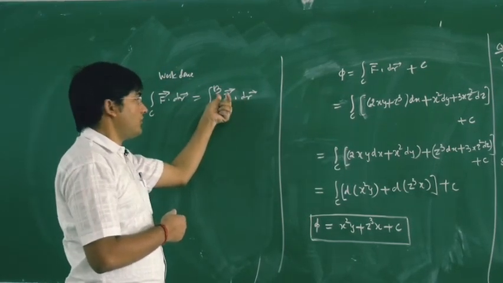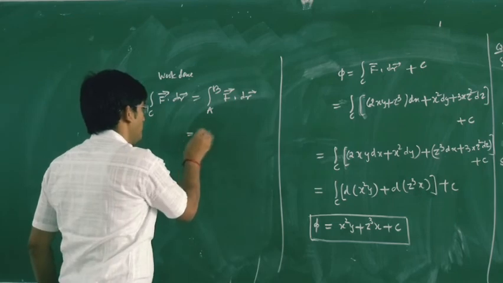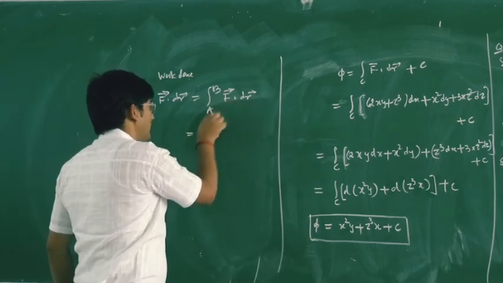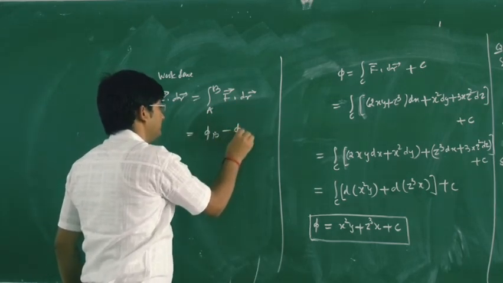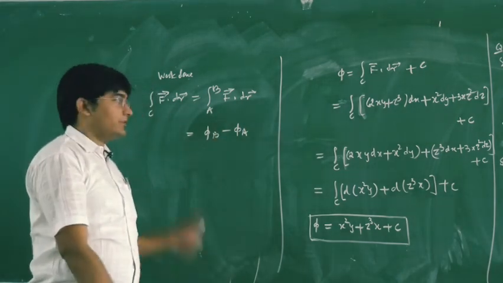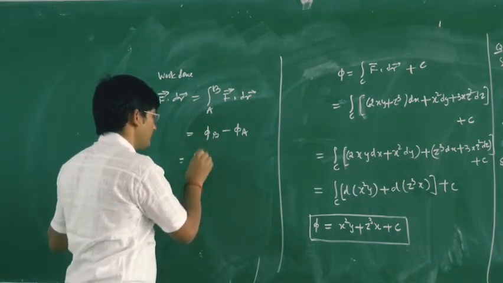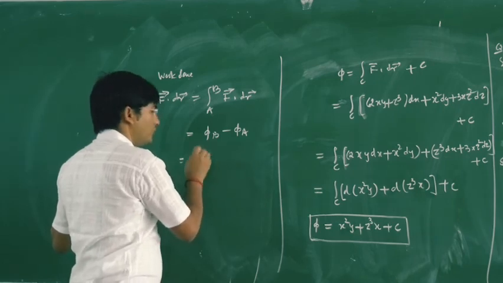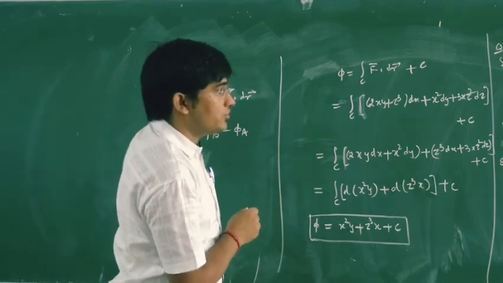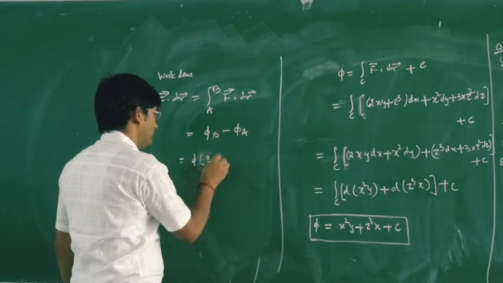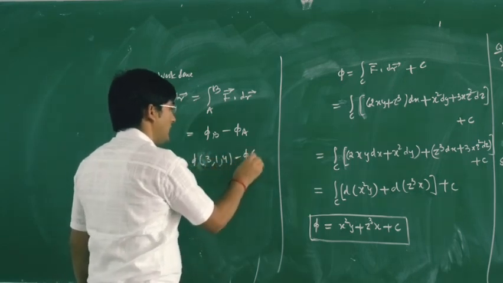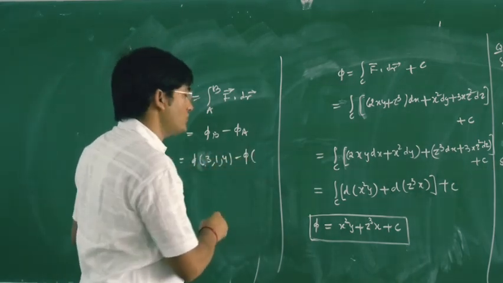So the value of phi at B will be your phi B, and the value of phi at A will be your phi A. And the value of phi at B, say your B is the point 3, 1, 4, and your phi at A, say the point A is 1, minus 2, 1,